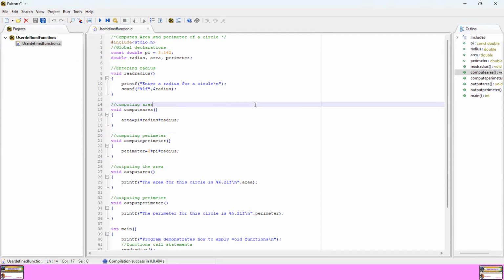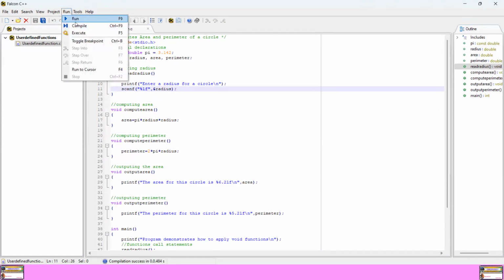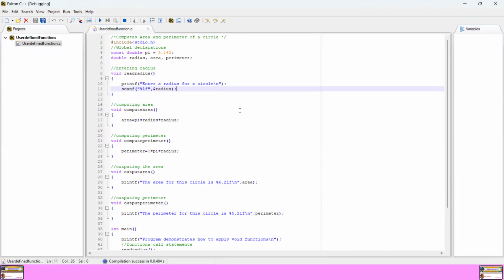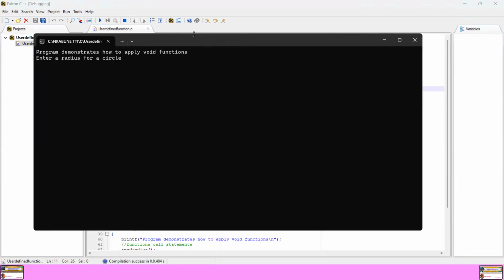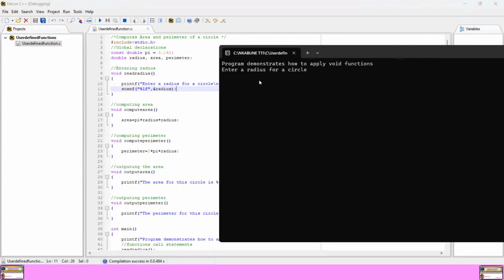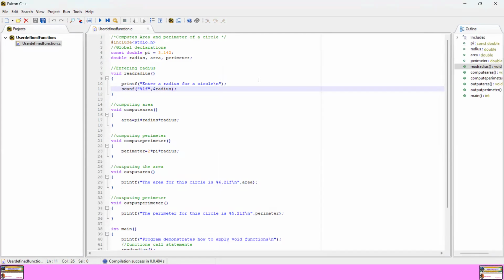We can compile our program, then click on run. You can see we are being prompted to enter radius for a circle. So if you type 2, for example, and press enter,